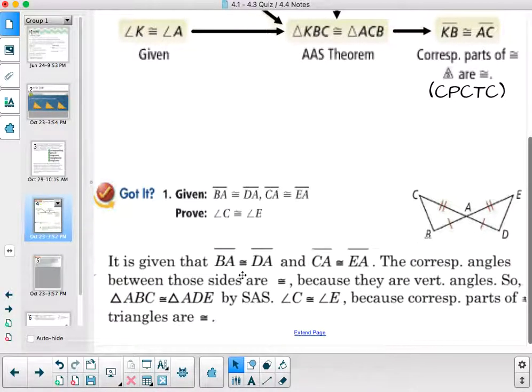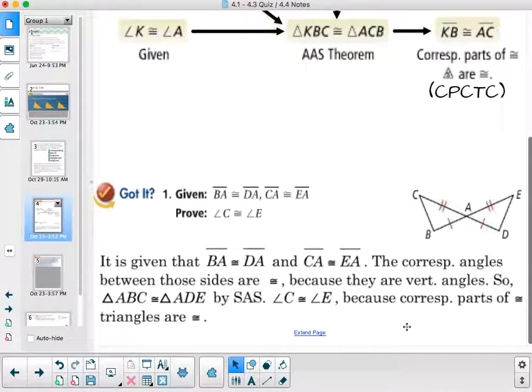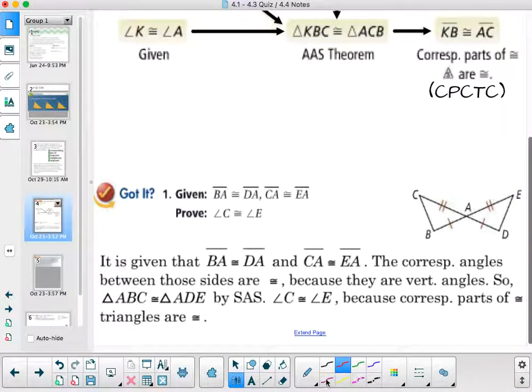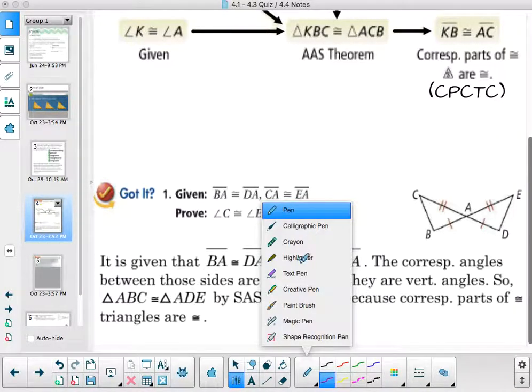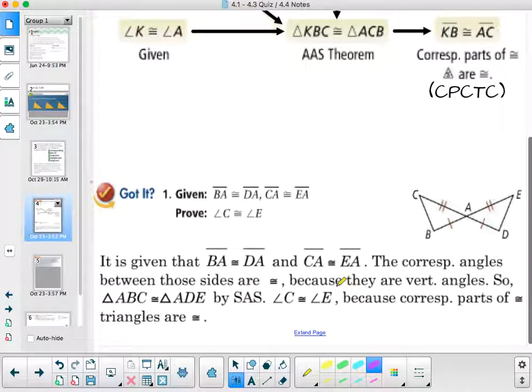Okay, notice that I gave it to you in a paragraph format here. The piece that I should see in your proof, I'll highlight it for you. The fact that we should all bring up is the fact that we have vertical angles, okay? So we want to bring up the fact that angle CAB is congruent to angle EAD by the vertical angles